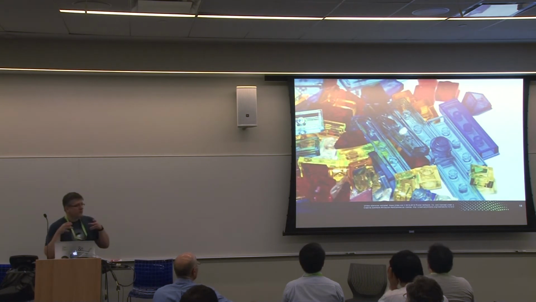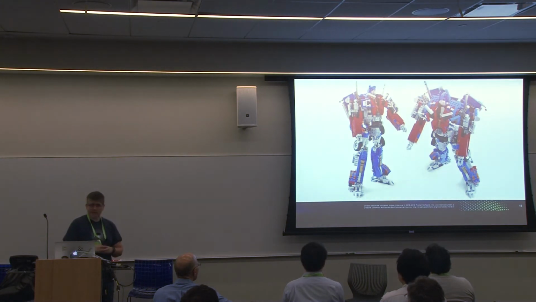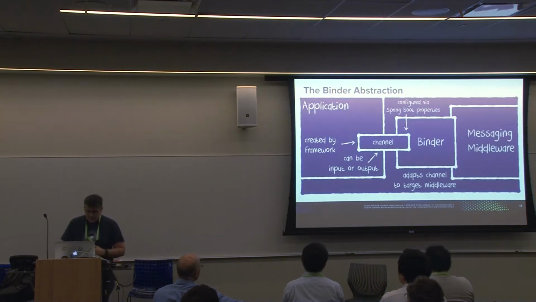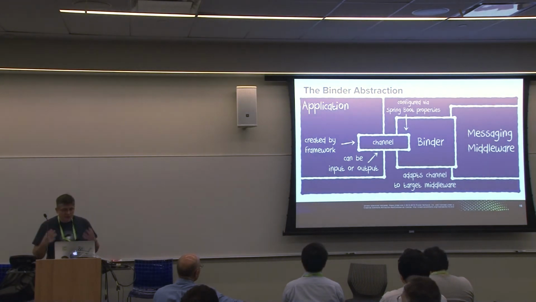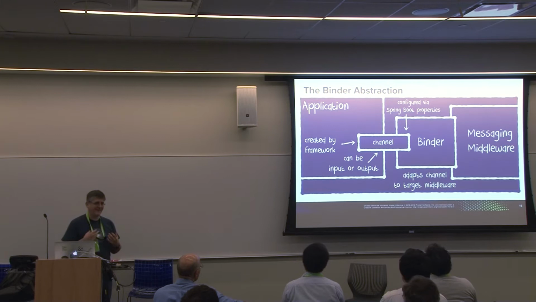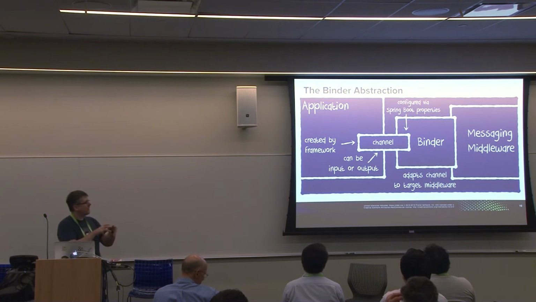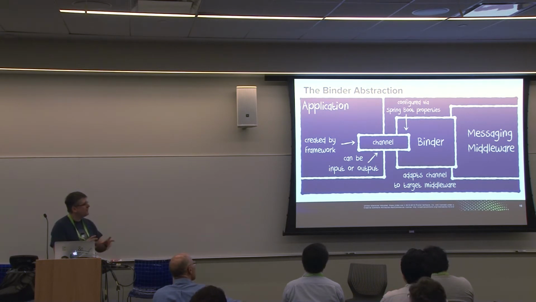The idea is that with the uniformity that these components give you, you can actually start building wonderful things here, right? And the heart of the entire framework is what we call the binder. So the channels that you have declared in your application will be created by the framework, and then the binder essentially takes care of connecting them to the message middleware of your choice. Also, the whole process is using Spring Boot properties, which means that you can alter and manage the characteristics of these